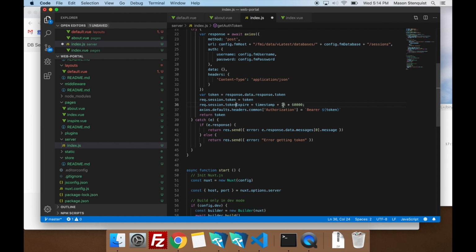It technically expires in 15 minutes, but we just do 14 minutes in the future, and then finally return the token. If along the way we had any errors, they would be caught, and then we would return the errors. If it was a response error, so a problem with the actual response, it would do that. Otherwise, if it's just a generic error, we would return that.